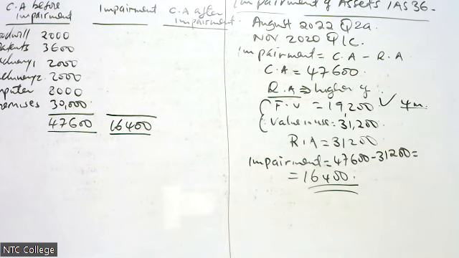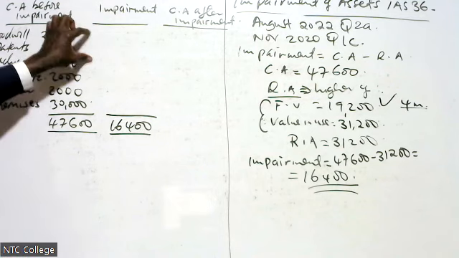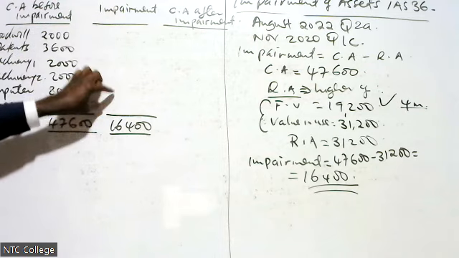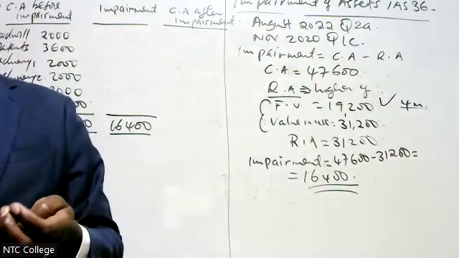16,400. My total impairment is 16,400. Now, what the examiner wanted you to do, from this asset, is to allocate the impairment to each cash generating unit. Now, listen, my good friend Florence, listen very carefully. If you want to allocate impairment